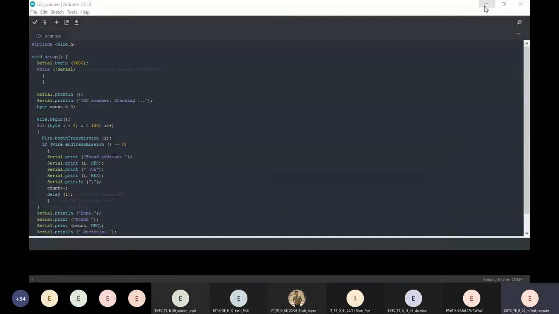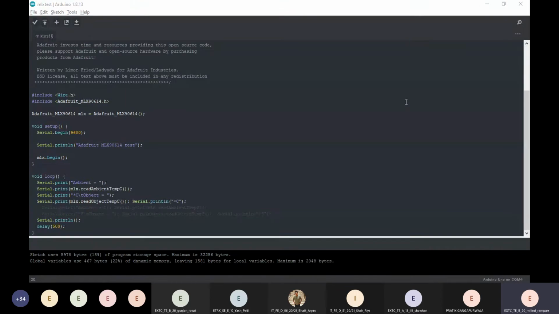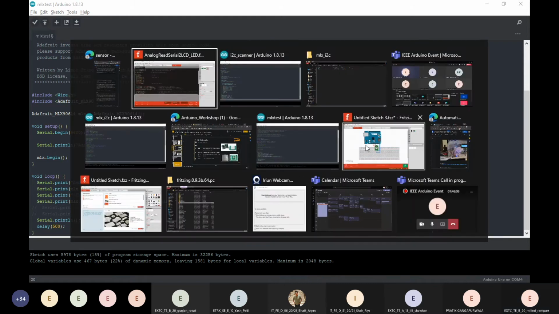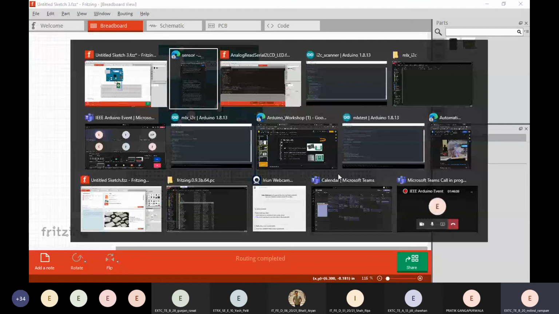So now I will give the simulation for the I2C LCD. Yesterday we saw the 1602 LCD, which is also used actually, but now for our project we will see how, one second.